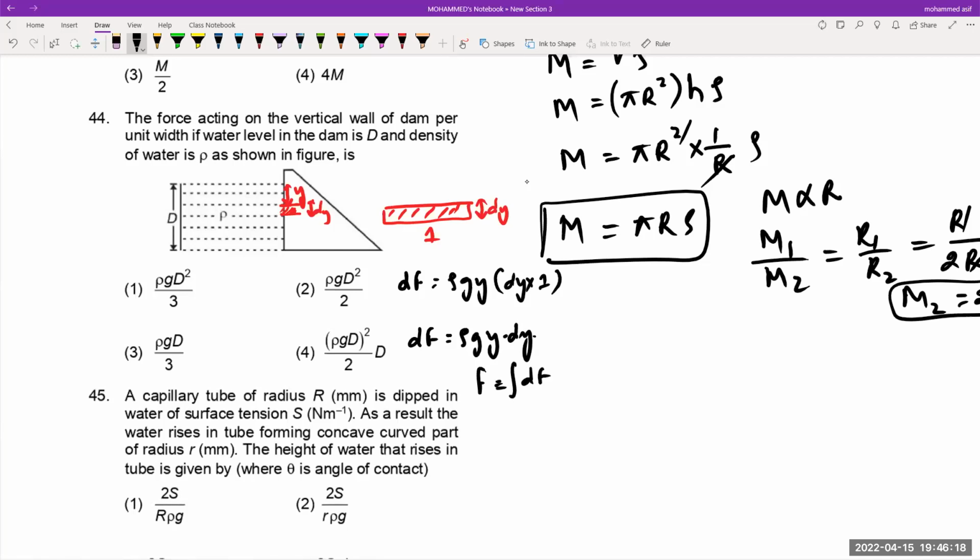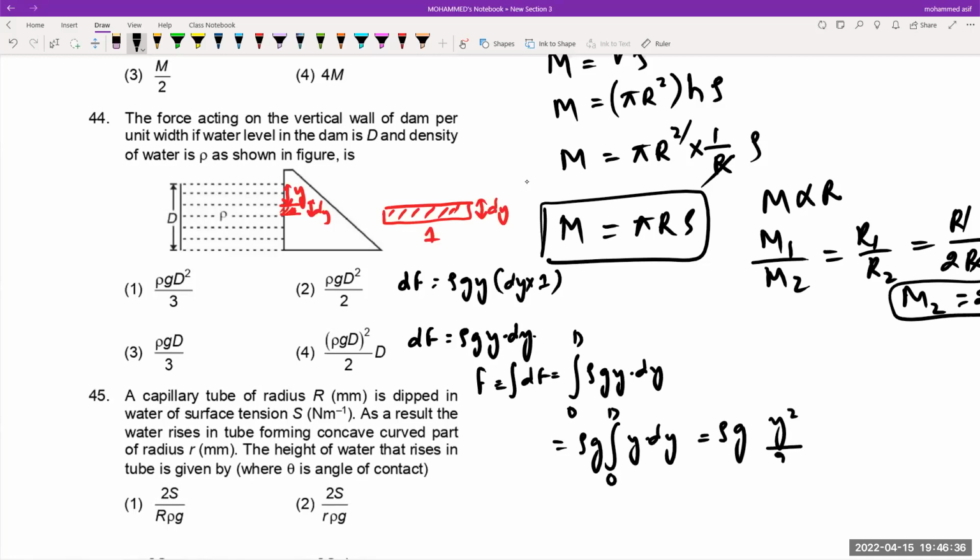तो फोर्स निकालो इसमें से, f इज इक्वल्स टू इंटीग्रल ऑफ योर df टोटल के लिए, तो दैट विल बी इक्वल टू योर इंटीग्रल 0 टू योर कैपिटल D, ये हो गया रो जी वाई इंटू योर डी वाई। तो इसमें से रो और g कॉमन हो गया, इंटीग्रल ऑफ योर y इंटू योर डी वाई फ्रॉम 0 टू कैपिटल D, तो ये हो गया रो इंटू योर कैपिटल G, इंटीग्रल ऑफ y इंटू डी वाई इज नथिंग बट y स्क्वायर डिवाइडेड बाई 2, तो ये हो गया लिमिट्स 0 टू कैपिटल D, सो इट इज इक्वल टू रो g इंटू D स्क्वायर डिवाइडेड बाई 2, यानी कौन सा ऑप्शन आ रहा है बेटा यहाँ पर? सेकेंड ऑप्शन।